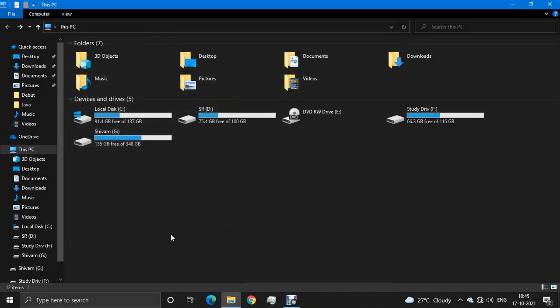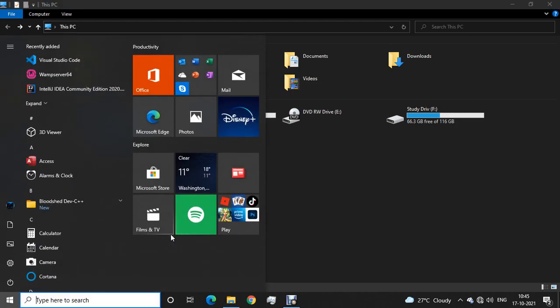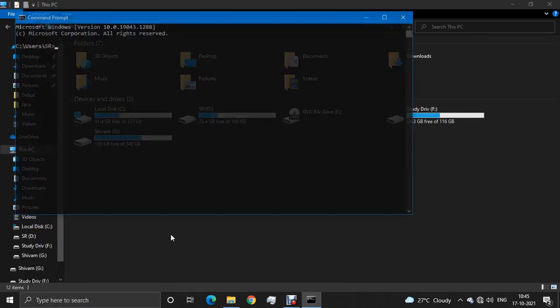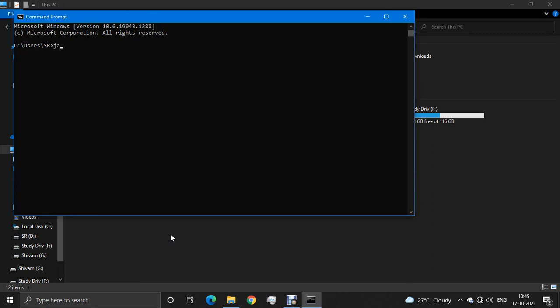After pasting the path, you have to confirm whether the JDK is installed correctly or not. For doing this, we are going to open CMD. In CMD, just write java, space, dash, or minus, hyphen. So write java space minus version. If you did everything correctly, the installation and path setup, then after writing this command and hitting enter, your Java version will appear here.